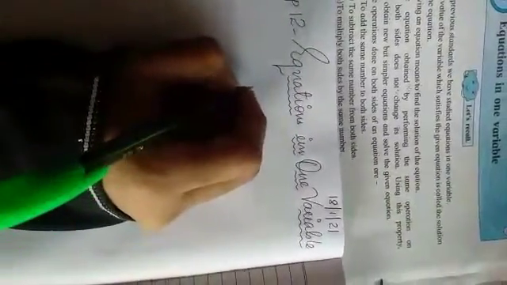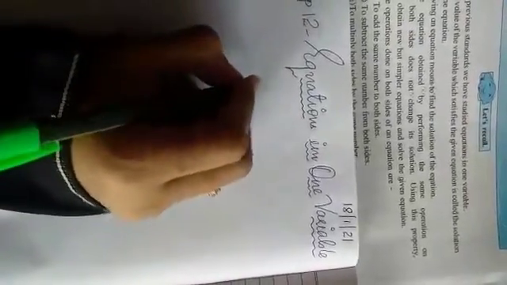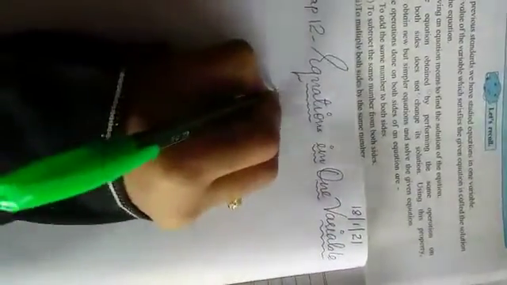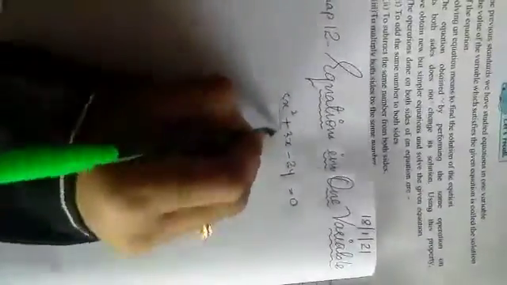So equations, as you know what equations means. When the terms are given together, more than one term, binomial, trinomial, polynomial, or more than two terms are given together, this is known as an equation. For example, 5x square plus 3x minus 2y is equal to 0, suppose. So you can call this an equation.